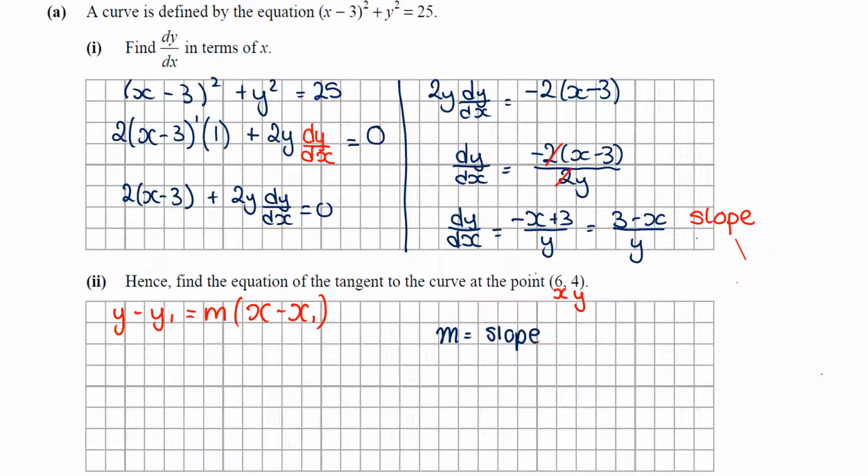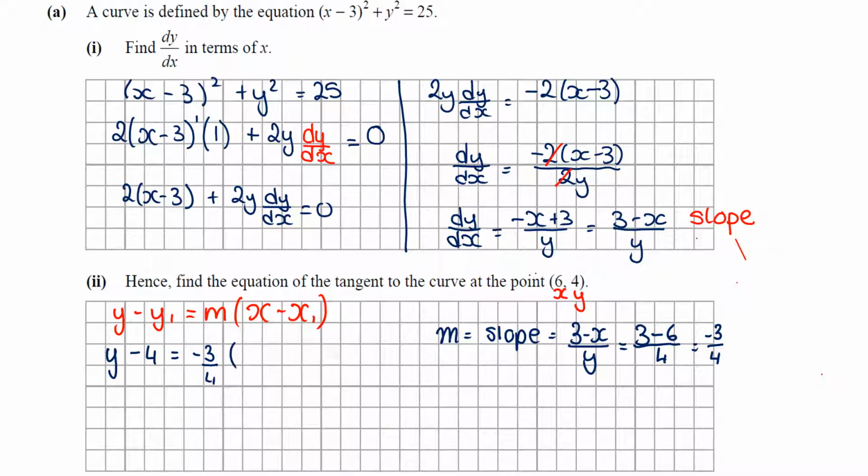M is equal to slope. And we've just worked out a formula for slope. And ours is 3 minus x all over y. And if I stick this in, instead of x, I'm putting in my 6 for my point. Instead of my y, I'm putting in 4, which gives me minus 3 over 4, which is my slope at that point. So I get y minus, I sub in my 4 for y1, I get minus 3 over 4,